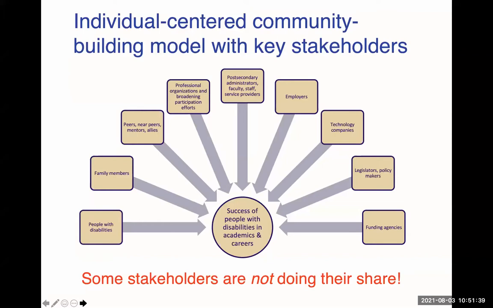Employers, technology companies. We help Microsoft make their products more accessible, Google, Facebook. We work with Zoom because we adopted Zoom years ago at our institution, and my team had lobbied against it because it was so inaccessible. And so our team has been working with Zoom for many years and making it the most accessible product for